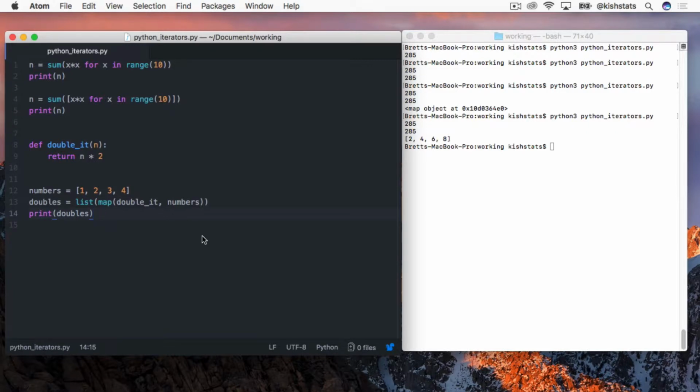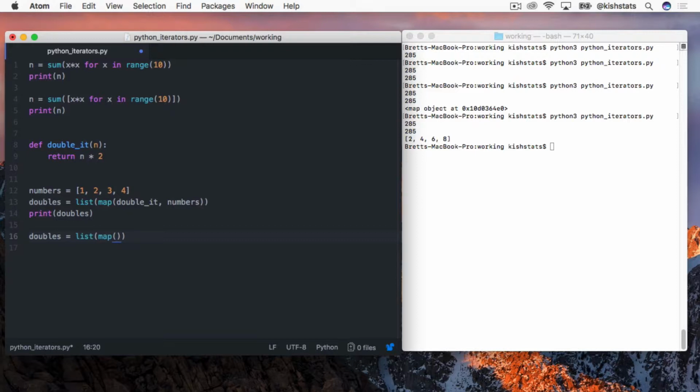There's another common way that we can do this. Instead of calling an external function, we can use basically an anonymous function or a lambda. So I'm going to recreate using the same variable name. And like before, we have to call the list function. So inside our map function,